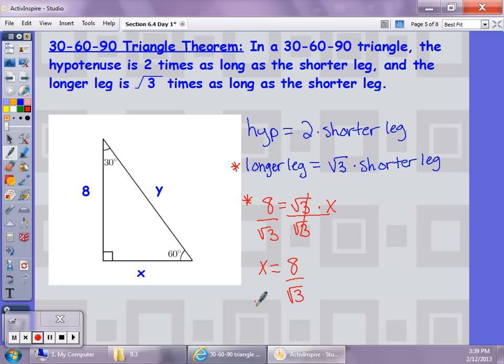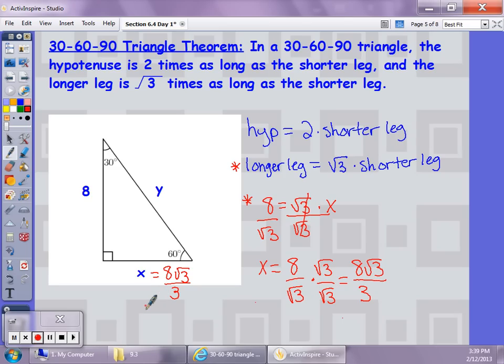Again, we need to make sure we do not have a radical in the denominator. So we can multiply both the numerator and the denominator by root 3, which is going to leave us with 8 root 3. And then root 3 times root 3 is root 9, and the square root of 9 is 3. And since 8/3 is simplified, we now know that the shorter leg is going to equal 8 root 3